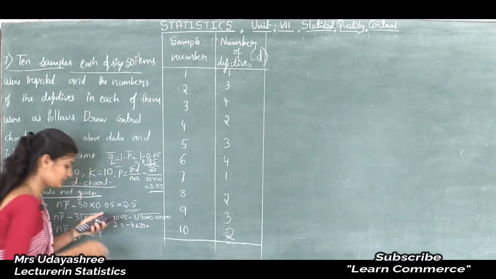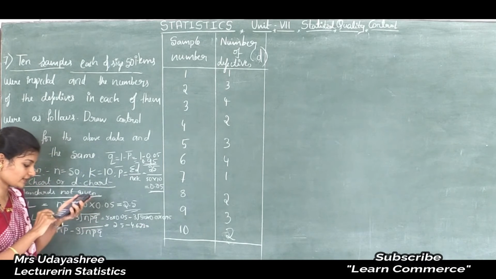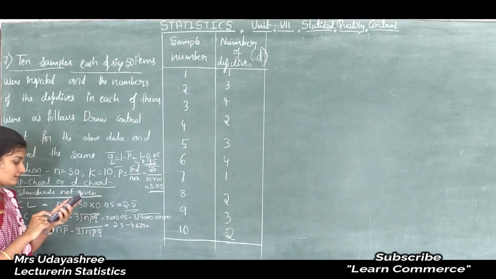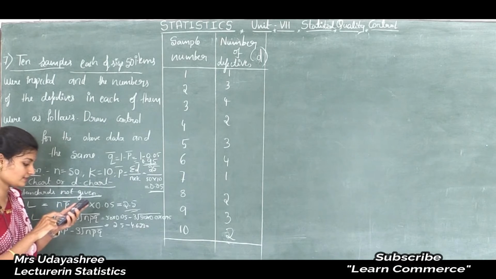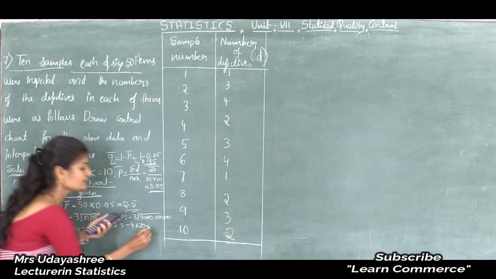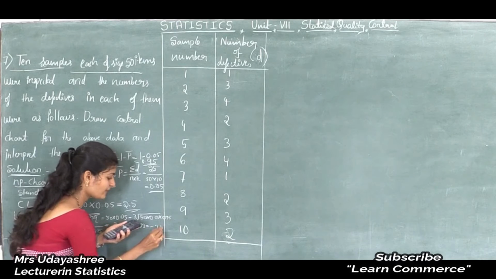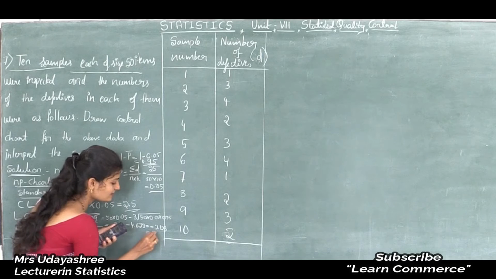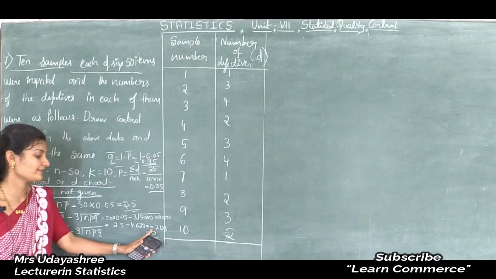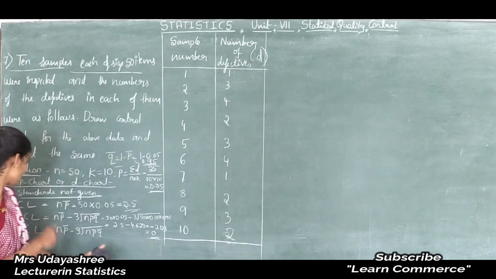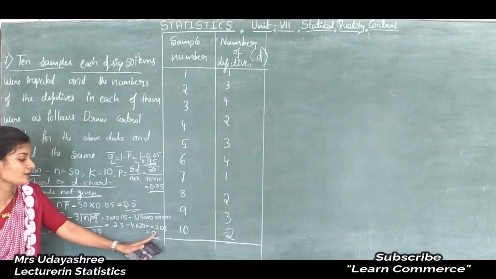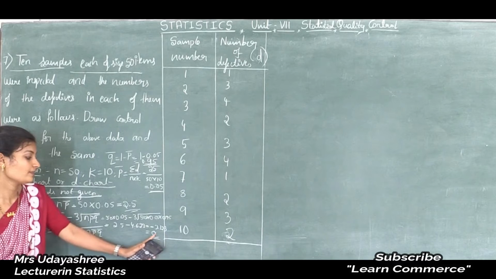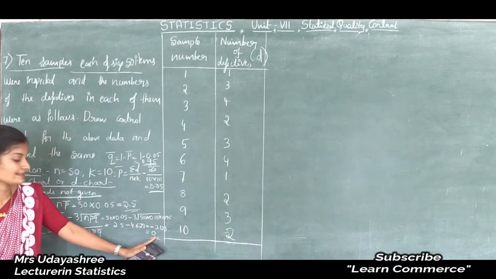This is equal to 2.5 minus 4.623, which is minus 2.123, and this is a negative value, therefore we have to consider this as 0 only. Why? Because here the lower control limit value is negative, and the number of defectives cannot be negative, therefore its value is considered as 0.